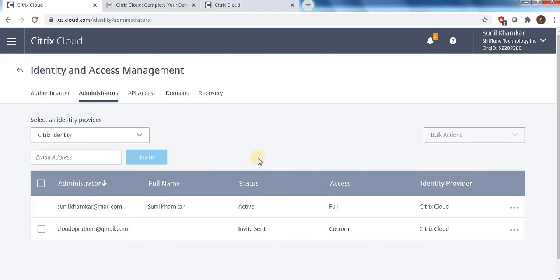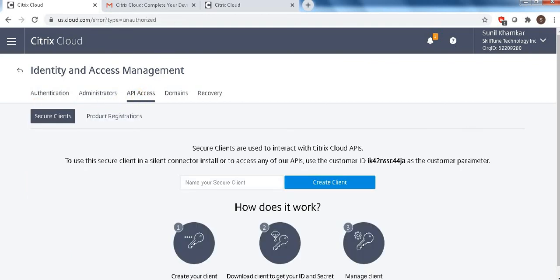Now let's go to another option, API access. You must have a question: why is API access needed? Assume you are the Citrix administrator or architect of an organization, and they are going to implement some Terraform script or SDK.